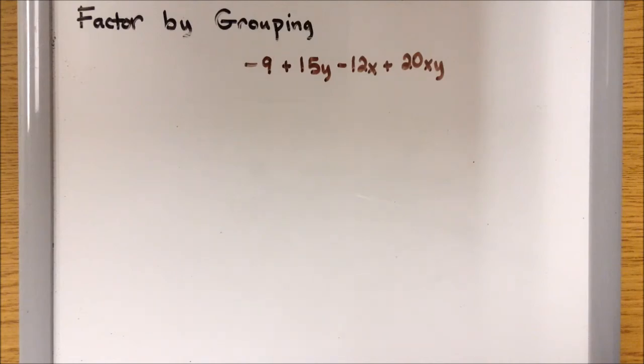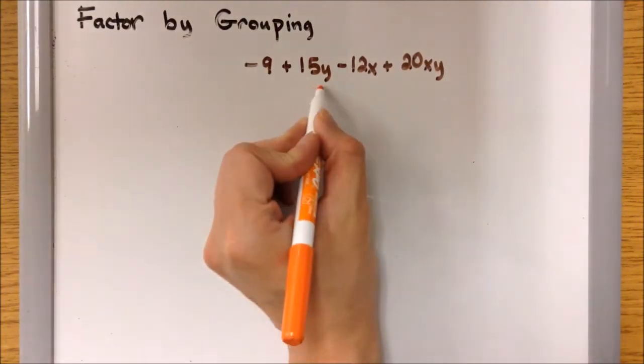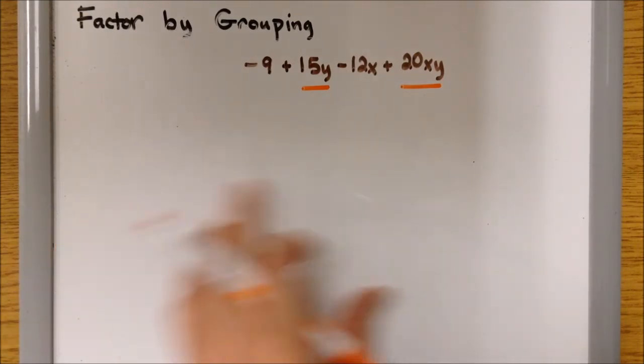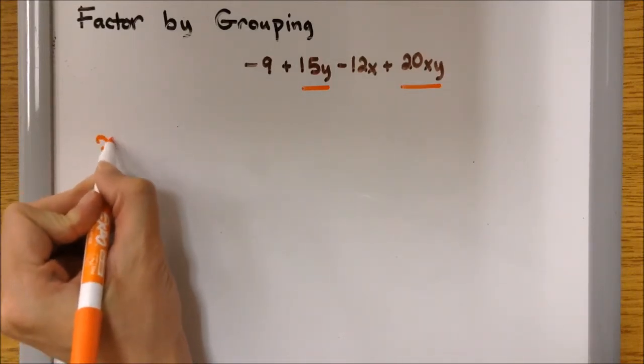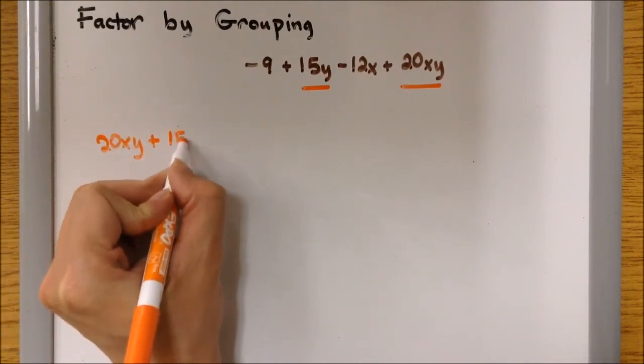So what I'm going to do is look at which one has the common variable. We can see that these two terms have a common y variable. So I'm going to put them as the first two terms. What I typically do is sometimes put the one with the highest number first. So 20xy and then plus 15y,